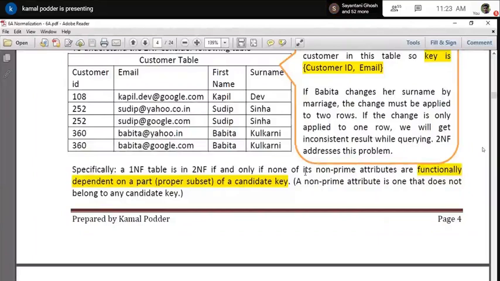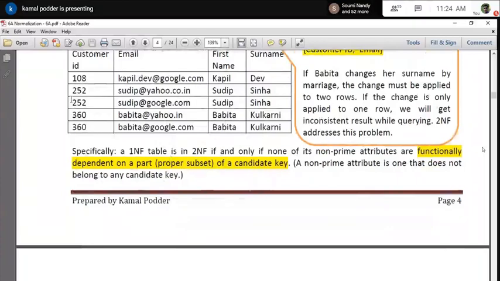Okay, so naturally this type of problem exists after achieving the first normal form. When you have managed the non-repeating thing by applying the first normal form rule, there is still some problem that exists in the table, and because of that, the database can go into an inconsistent state. Now let's examine what the problem is and why it is there.